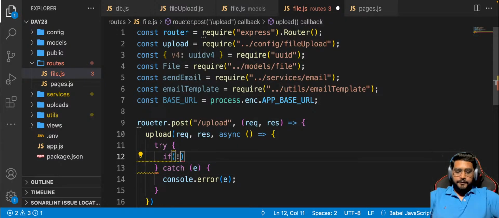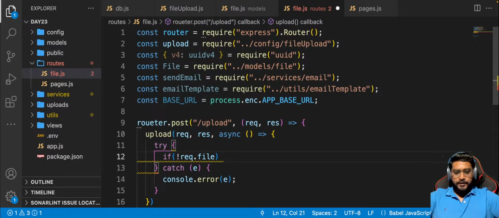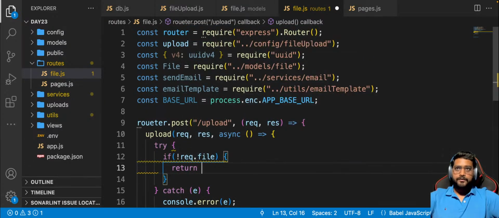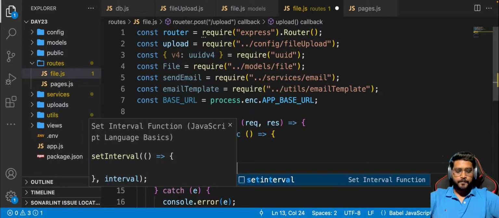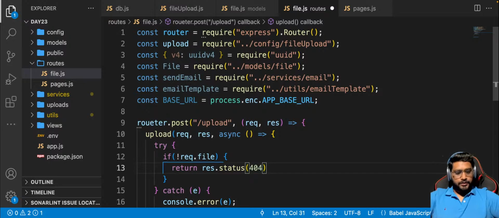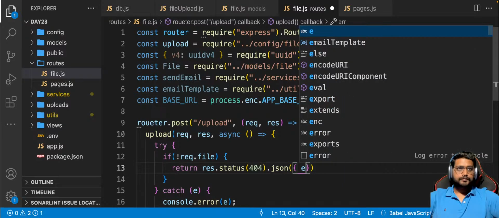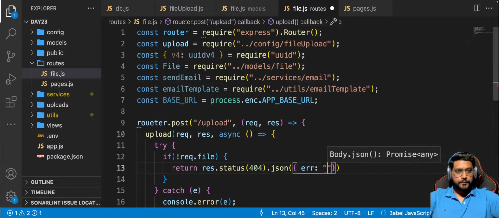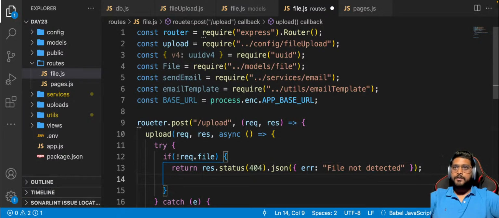Right. If your request.file does not exist, then we should return from here with response.status 404.json file not detected. Okay. Now